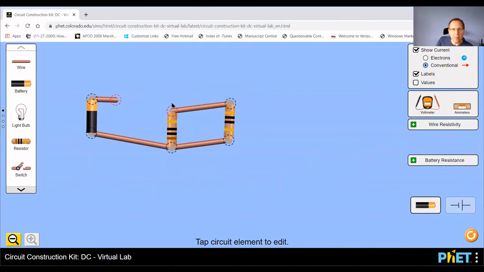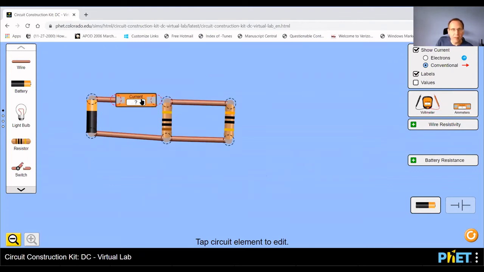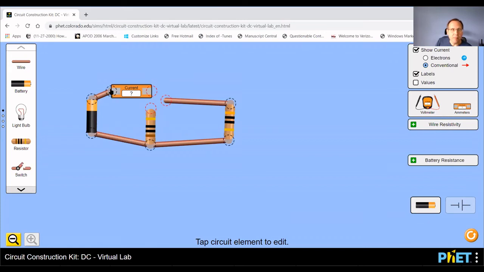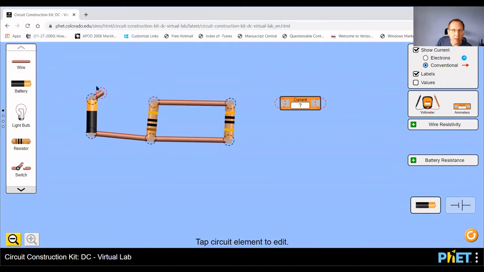I can connect this up again, and then I need to put the ammeter in there. So that would be the current I1 in this case, right? Then if I want to measure I2, that was a current going through here, the first resistor. So what you can do is you could split this,